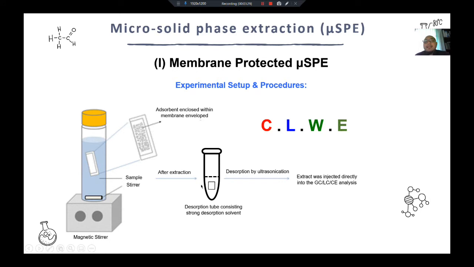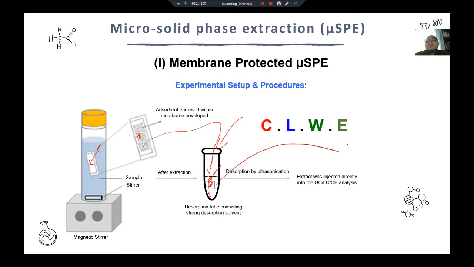And then after that, your analyte, from this particular liquid, will go into this and collect, attach, or get absorbed or interacted, or do the complexation. Okay, depends on what kind of extraction you want to perform. And then here you transfer into another container and put the desorption solvent. So the analyte that is attached to the adsorbent will elute into the solvent over here,